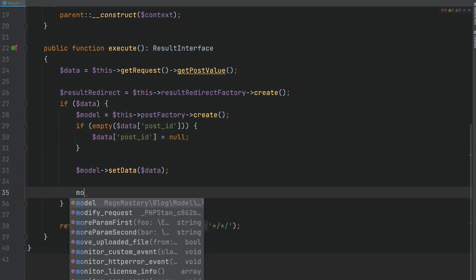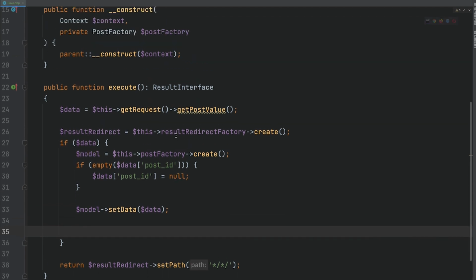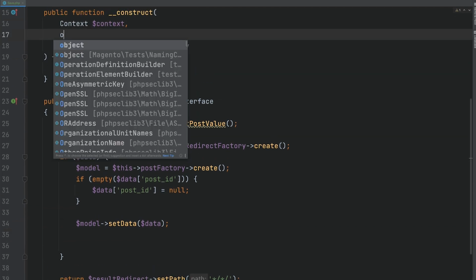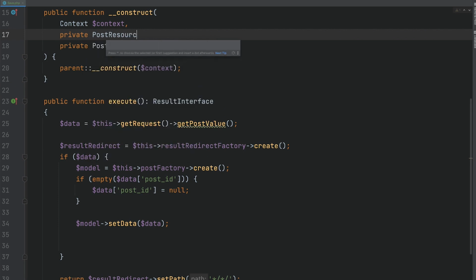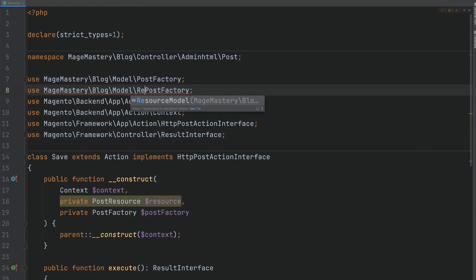We need logic for saving our model. In theory, we can use the save method and it will work. However, as we can see, it's a deprecated method and we have to do it in a different way. Usually there is a post resource that we can use. Post resource is a PHP class, a resource model, that we're going to use.